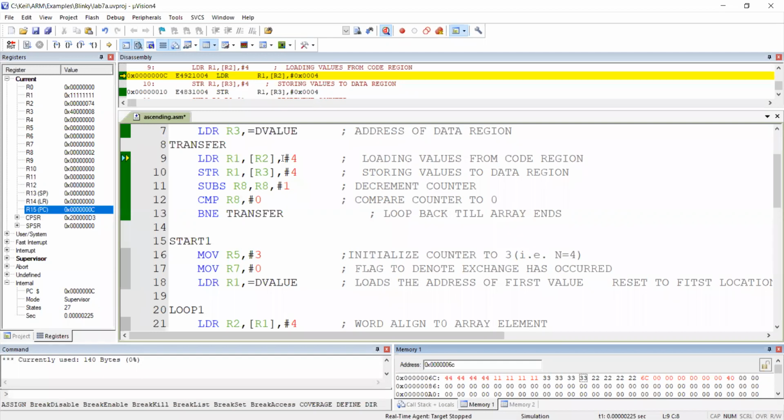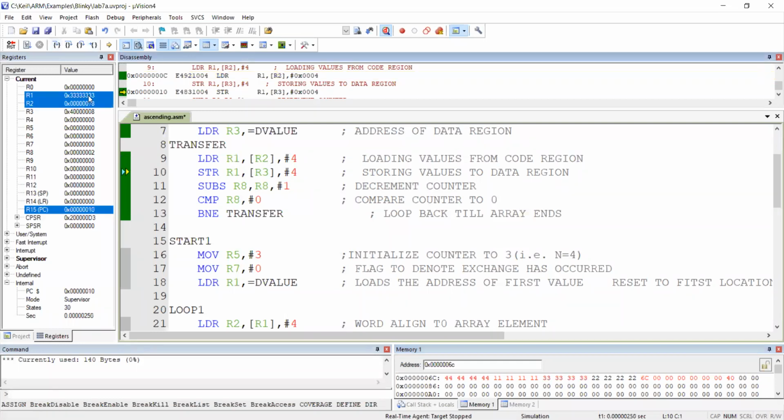Now the number we are going to fetch the third time is 3333, that you can see in R1. See here, R1 is 333 and the pointer is updated to 78. Why? Because once you fetch, you have to update the pointer of the source. So now the question: where do I want to store? I want to store at the position of R3. What is the present value of R3? 4008. 4001, 2, 3, 4, 5, 6, 7.